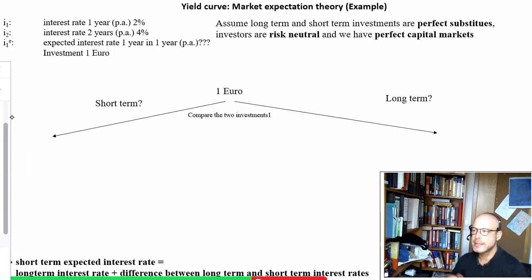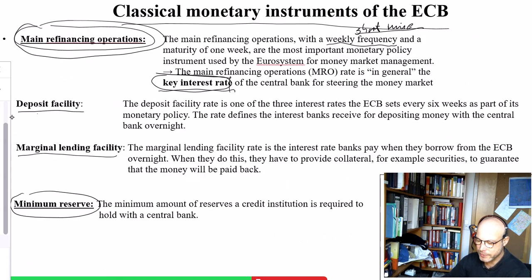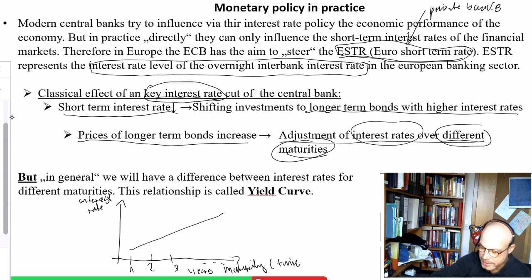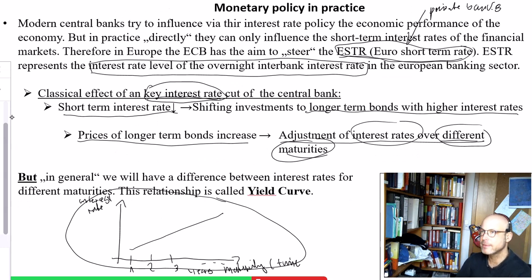So, and the last thing I want to talk to you about today is the yield curve, which I have introduced here, the dependence between interest rate and maturity. And now we want to argue why it is possible that interest rates for different